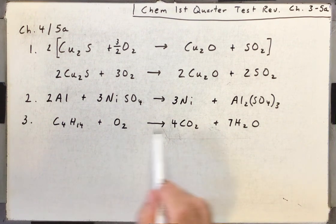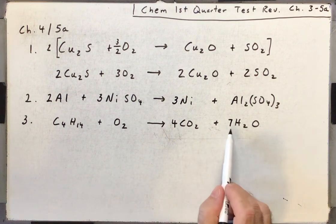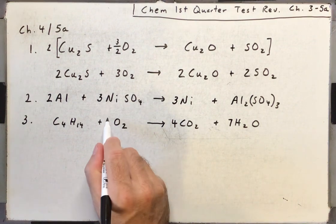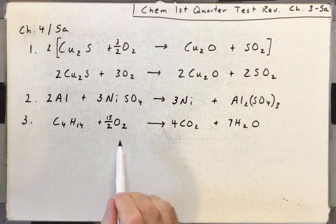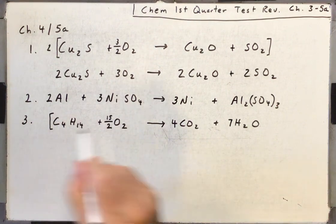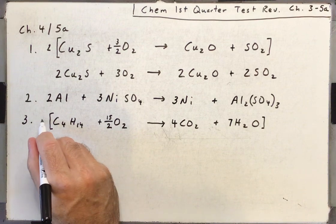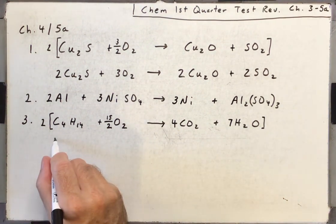Oxygen we leave to the last. On this right side, we have 8 oxygens plus 7. That's 15 oxygens on the right. So I need 15 over 2 in front. 15 over 2 times 2 gives me 15. We're balanced, but we can't leave it like that. That defies convention. So if I multiply everything by 2, both sides, we have